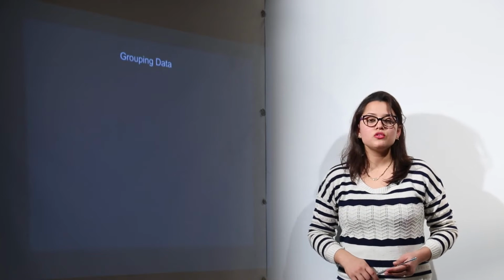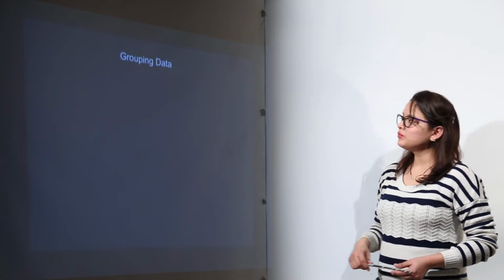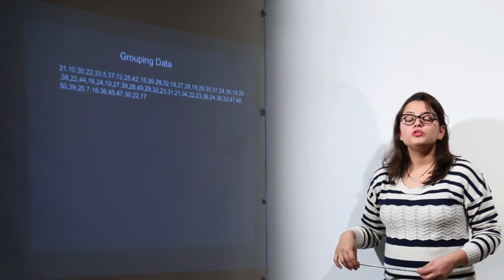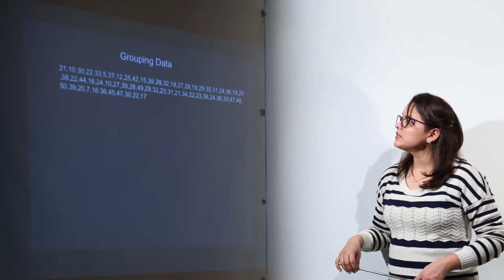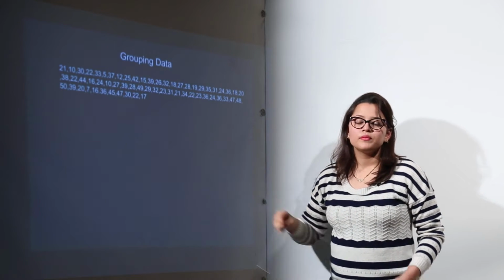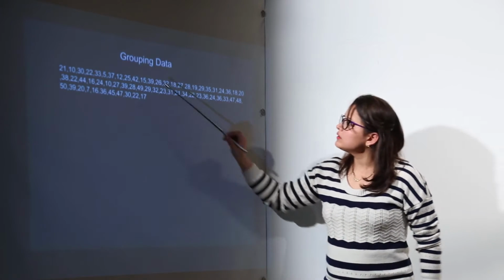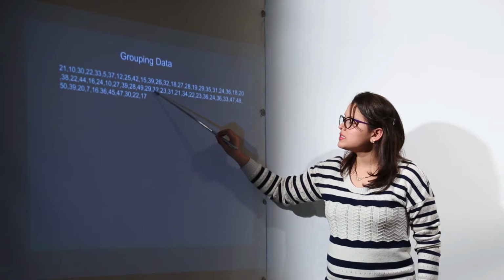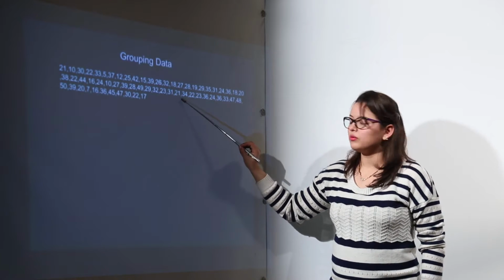In the organization of data, we still have to deal with one more topic, that is grouping of data. Now you might come across such examples in which you have to group the data. For example, this raw data. Here you can see the marks obtained by students, right? There are some students in the class whose marks I have written down, right?